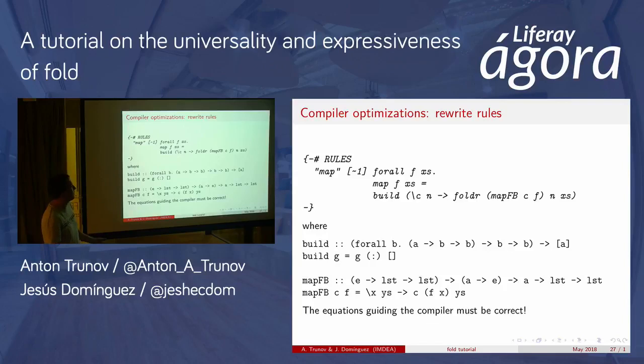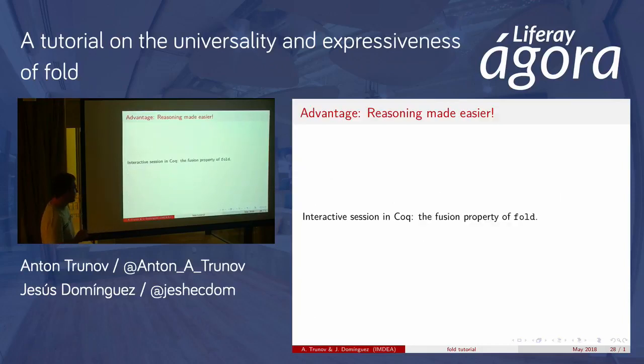So we need to make sure that this is just a very simple equation taken from the Haskell source code, but you can imagine that it can get hairy, right? You can have lots of deep nesting, lots of equations interacting in some weird ways. So to ensure that everything is correct, we can use